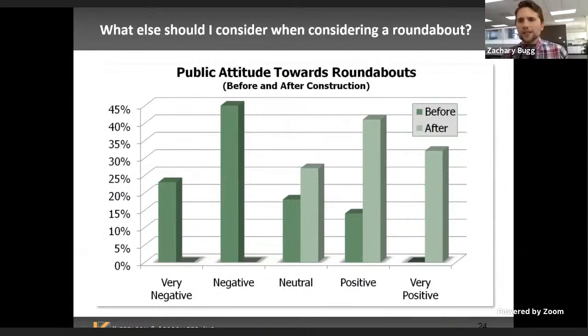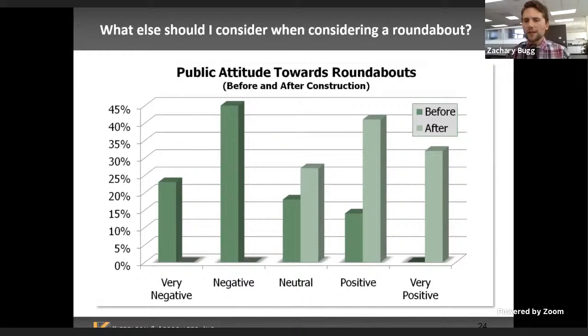All right, so what about public attitudes? I think public attitudes now are definitely different towards roundabouts than they were back when Ed was first designing them in the 90s, when there was probably a public meeting for every roundabout. These days, we're not really doing a town hall meeting or public meeting for every new roundabout in town. If it's a new area where there are no roundabouts, it might take a little bit more coordination, a little bit more education, a little bit more enforcement as well.